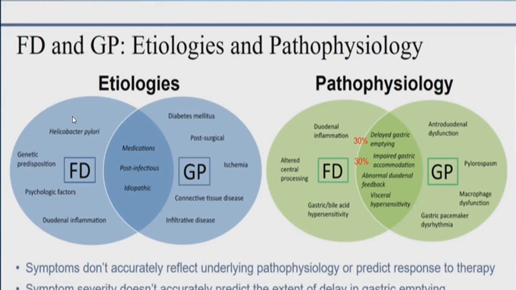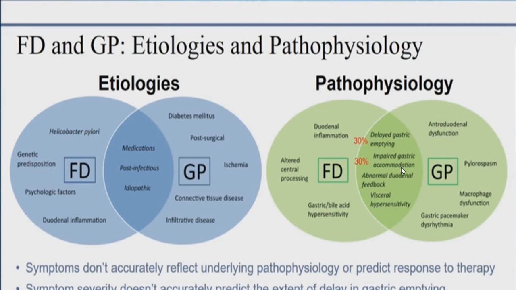If we can't find out the etiology, we put them into a group called functional dyspepsia. And if you go through the pathophysiology, there are some things which are overlapping. And when there is an overlapping, good number of times a person will have symptoms and signs of functional dyspepsia as well as gastroparesis. And that can be delayed gastric emptying,